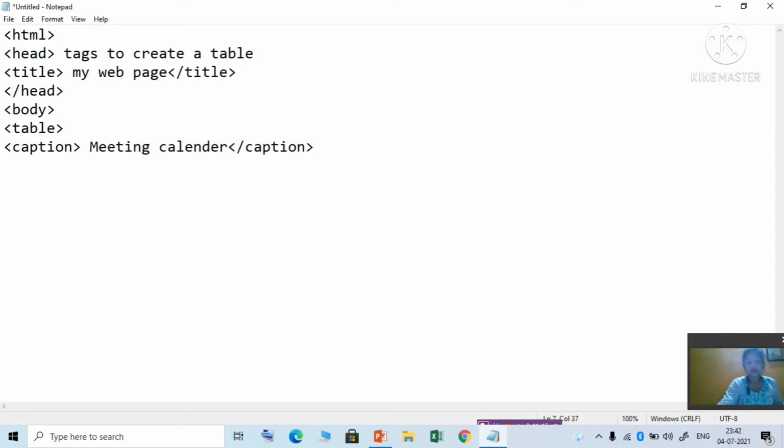Okay. So now the first row of the table. Whenever you create a row, meaning a horizontal line of the table, you will use TR. TR stands for table row. Okay. Then the first row of the table is your heading row. Okay. So write TH. TH stands for table heading. Okay.